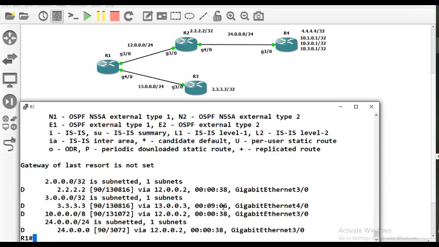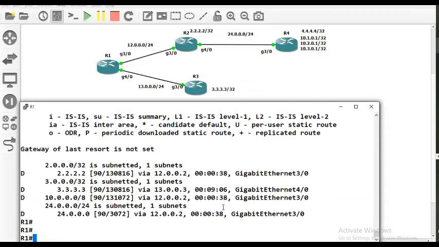So this is the second one. What is the third one? Third one is simply stub. Sorry, fourth one. This is the fourth one we are going to see. First one, stub connected. Second one, stub summary. Third one, simply stub, which means the combination of the first two, both the connected and summary. And then the fourth one is stub static, meaning if you will have any static route,